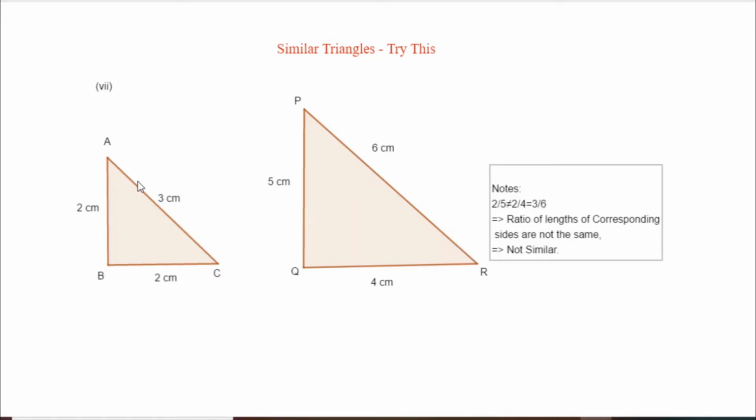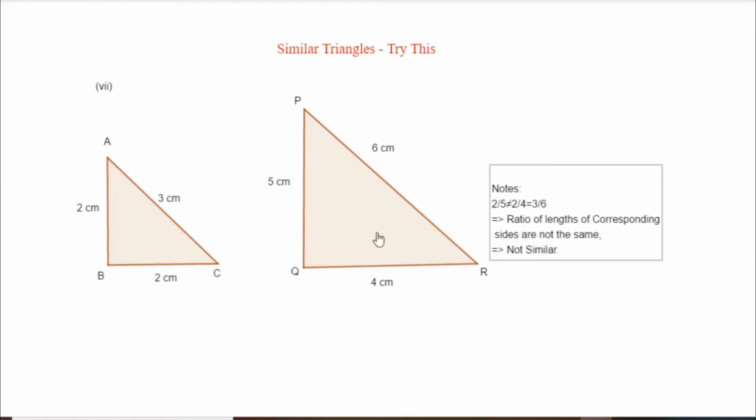Likewise, the shortest side in triangle PQR is QR. If you look at the shortest side in ABC, both AB and BC are of the same value. So you can take either BC or AB as the shortest side. So if you take the ratio of QR to its corresponding side BC, which is 4 divided by 2,